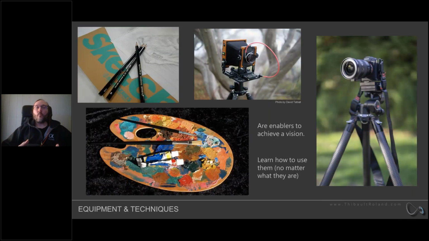So even though technically the type of medium and the equipment you're using doesn't matter as long as you get to where you want to be in the end, equipment does matter in the sense that it is here to enable you to create what you are envisioning, what you're visualizing in your head, right? If, say, I want to take a picture of, I don't know, someone running a marathon or